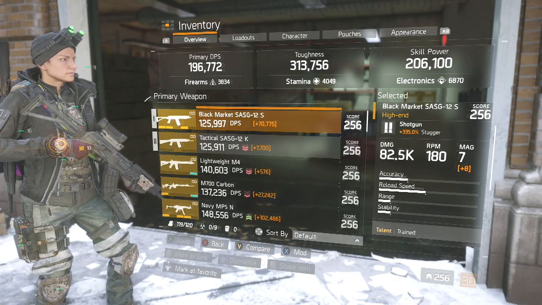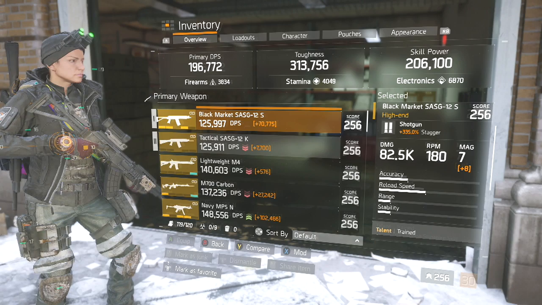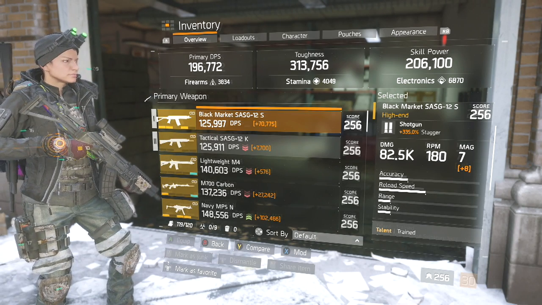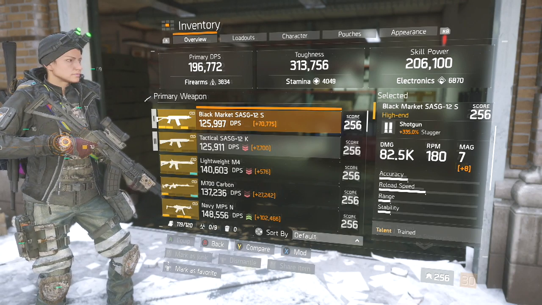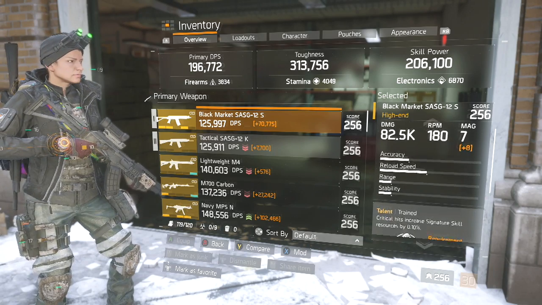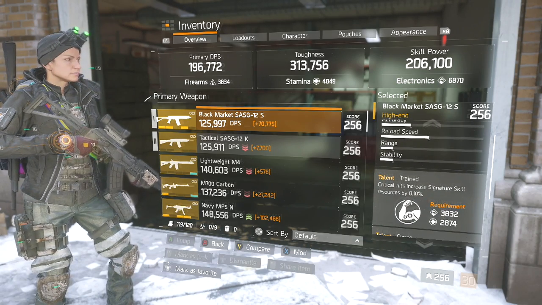So I can get upwards to almost 10% out of a mag, out of an entire magazine of SASG, if I'm landing on my crits right. And the fact that I'm able to just reload and start that back over, boom, it's a never-ending cycle. So for those people who want to play true support and you want to be able to help